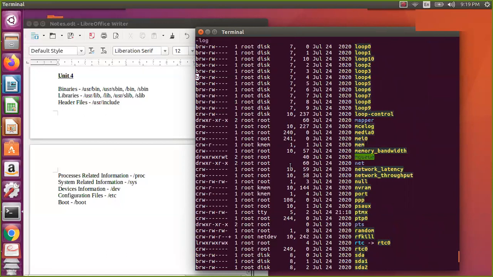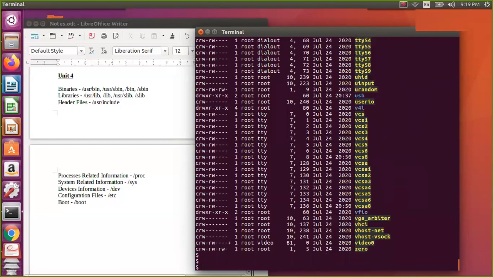So what is a block device? Your USB stick, hard disk and all that come under block devices. Then what is a character device? Your terminal, keyboard, mouse, all those things are character devices. It means it is displaying character by character. Let us assume you enter something, it has to be displayed on the display. Terminal is also a character device.